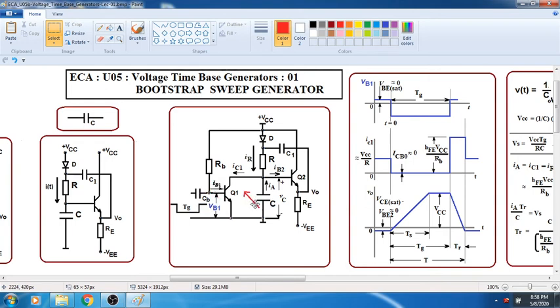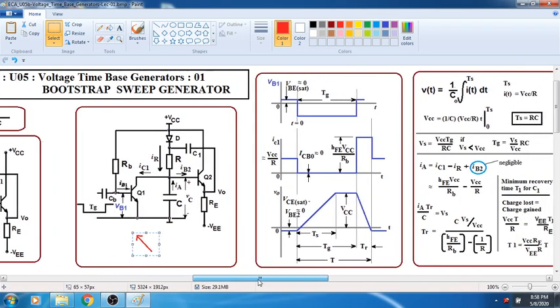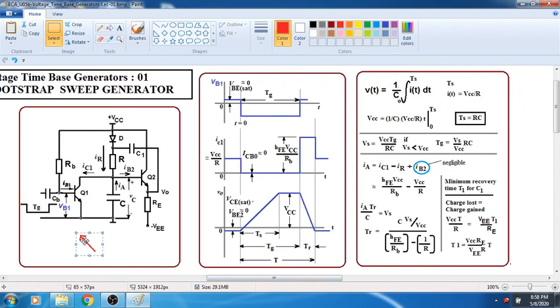Then whenever I want it to discharge, this Tg will become positive. Suddenly it will go high. Then the transistor will be on. When the transistor is on, the capacitor will discharge through Q1. So the charging and discharging of the capacitor is controlled by the switch consisting of Q1. Just remember this point. Once you remember this point and this circuit, then in our next lecture, after reviewing the sweep circuit one more time, we will go deep into the analysis of this circuit, which is very interesting.